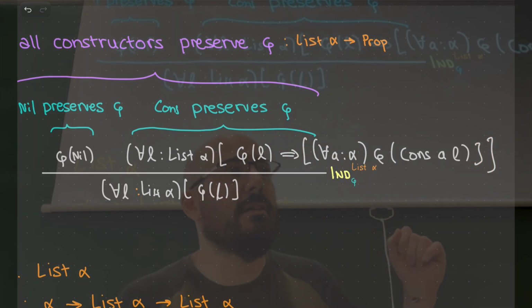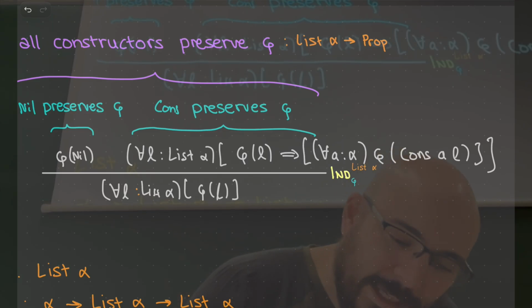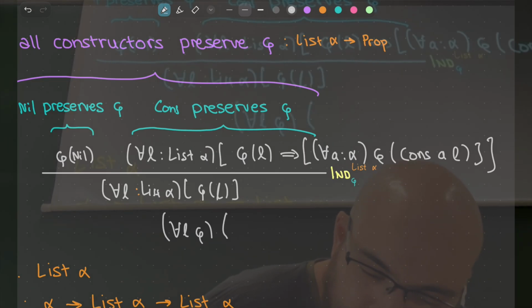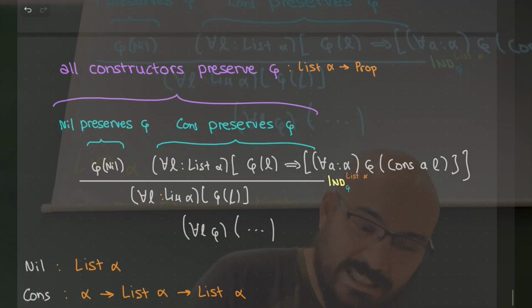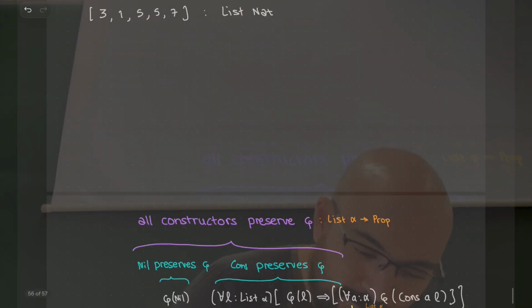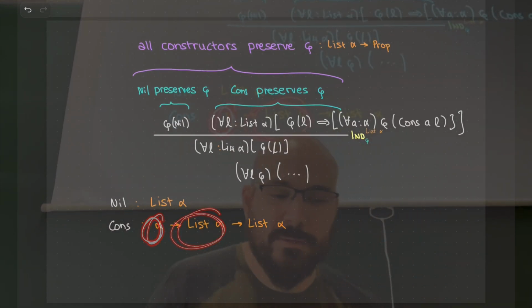So is this valid? Do I have any problem with bound variables or something like that? No? Okay, so for any list, and to make it closer to the way I think of it, for any list that has the property phi, all things that you will construct, I will not write this down, will have the property phi. So this is how I separate this kind of argument from this kind of argument.